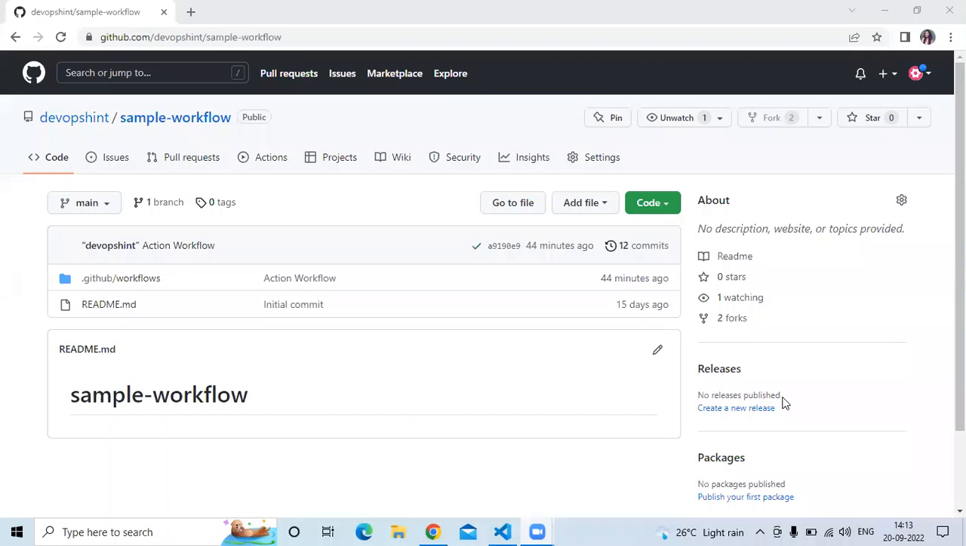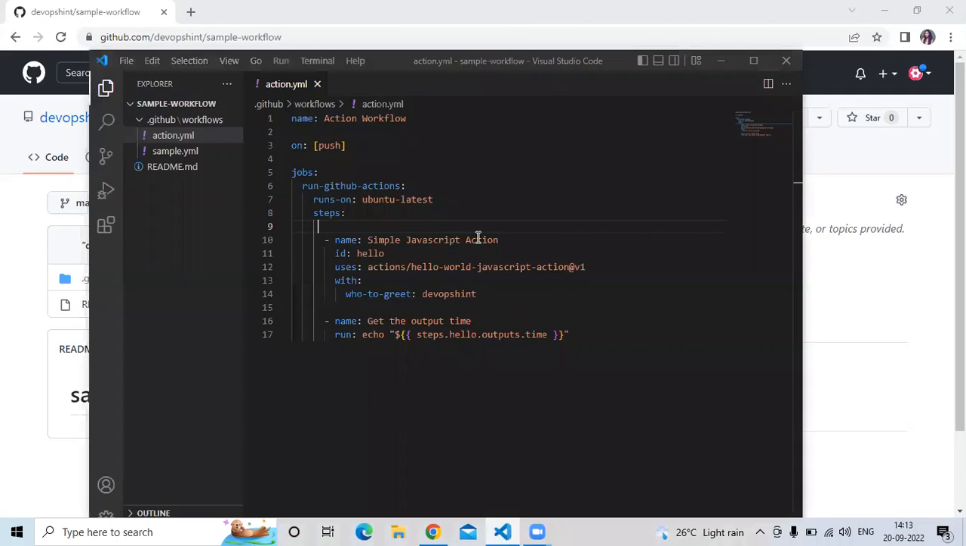In this video, we are going to learn checkout action. So let's start. You can see here, this is my repository with the name sample workflow. And you can see here, we have two items, one folder, .github workflows, and the readme.md file. And here I am using Visual Studio Code. And now you can see we have two files in workflows,